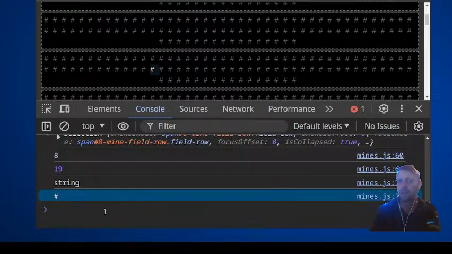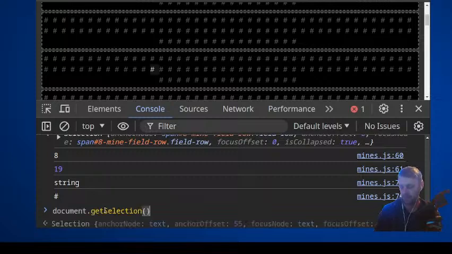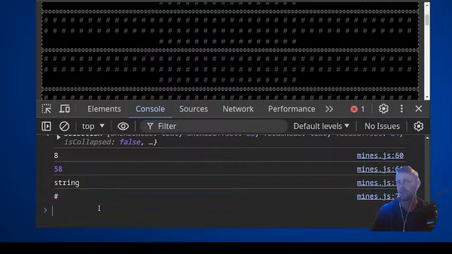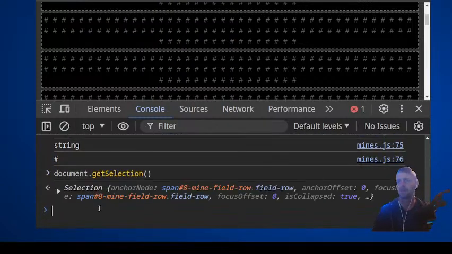Go from the right, it doesn't log anything, but selection is an anchor node. If I go from the left, selection is like the whole element. Not the whole element, but the